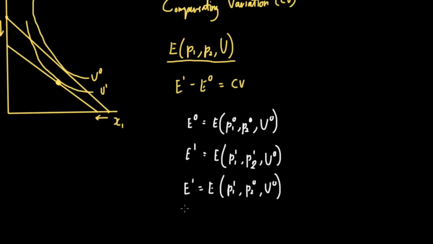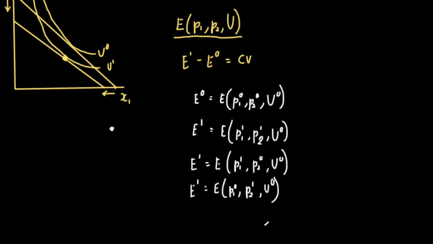And if the price of good 1 stays the same and the price of good 2 changes, then this would be E(P1 naught, P2 1, U naught). And so now we know how to find the compensating variation, or how much the consumer has to receive to stay on the same utility level. Let me close this bracket here. We also have what we call the